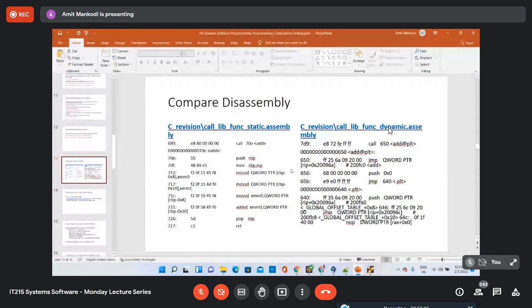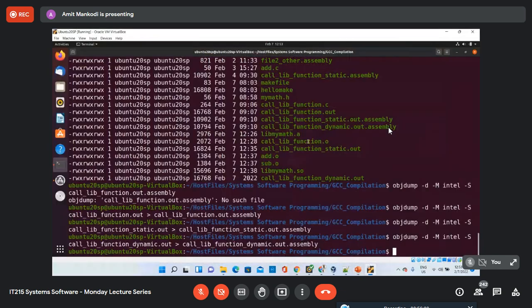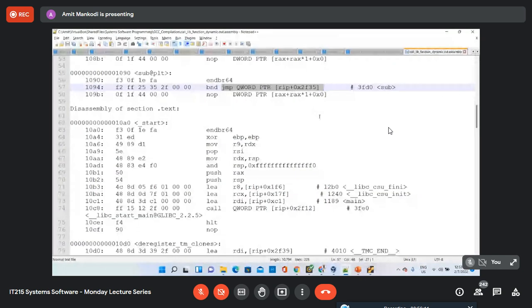Any other question? In the disassembly code which you showed, is there any specific reason why, for the static file, the code is loaded after the main function, and the referencing for dynamic is done before the main function, or is it just like that?